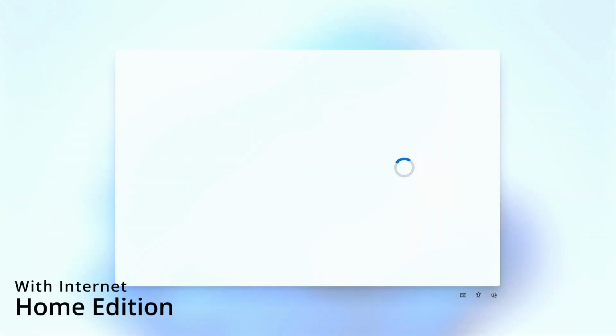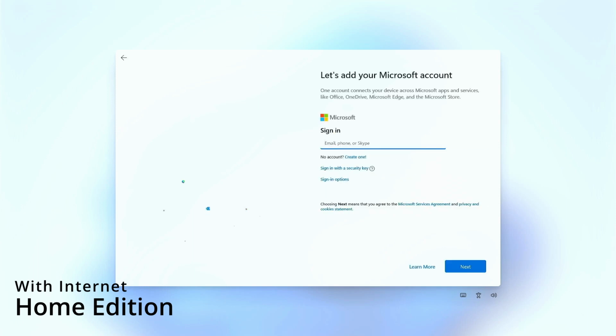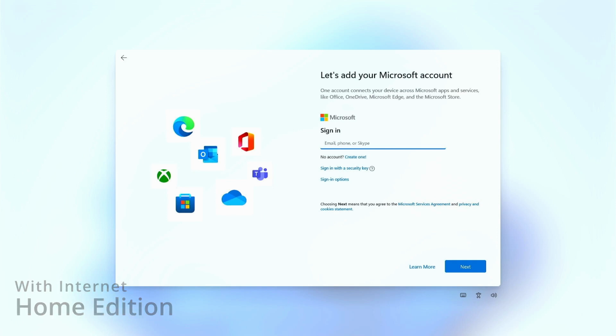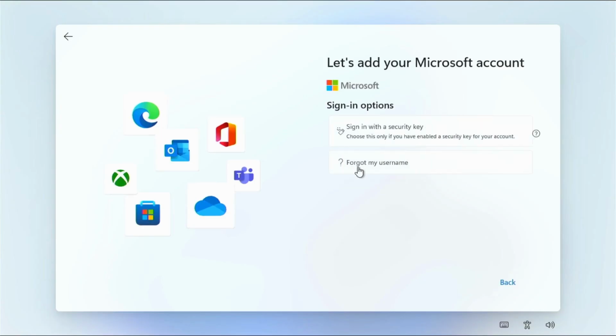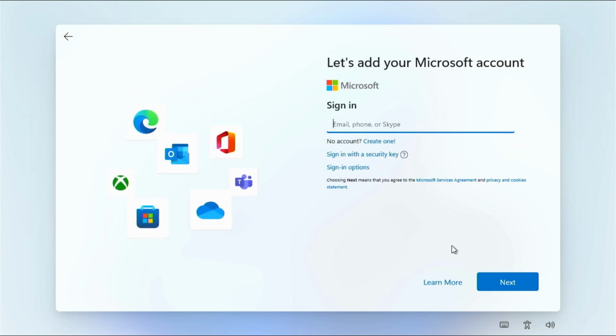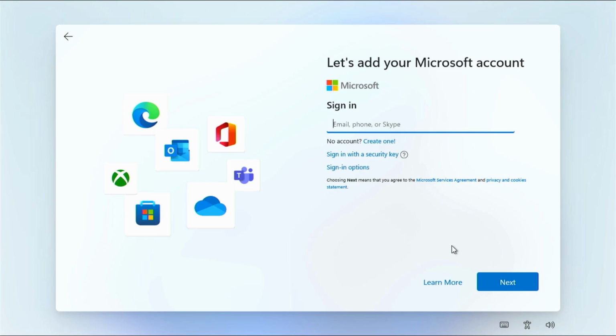Scenario 2 is when there is an internet connection available at the time of the wizard, either because you have connected to Wi-Fi or because you have internet using a cable. You either need to create a Microsoft account here or log into an existing one. Clicking on Sign In Options displays the following, and as you can see, there is also no option here to create a local account. To work around this, we need to disconnect the computer from the internet.